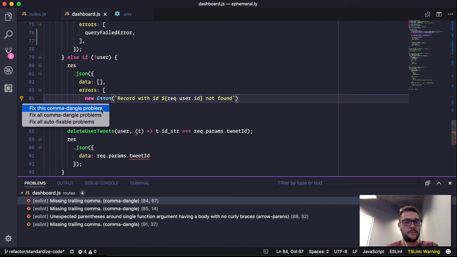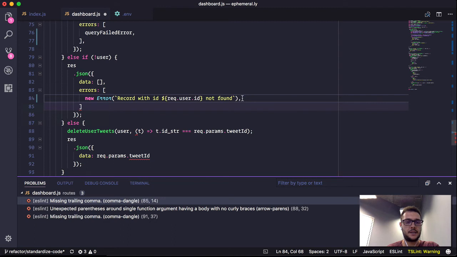But right now I see that there are 2 more options, so fix all comma dangle problems or fix all auto-fixable problems. Well, if I want to fix this, as you already know, I can click on here and it adds the comma for me and the error goes away. But